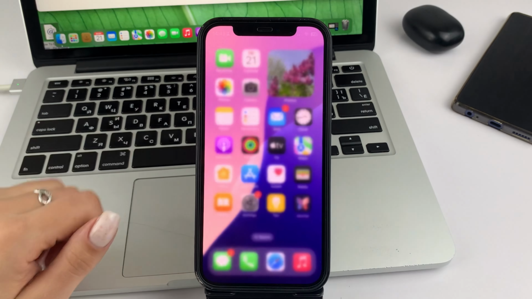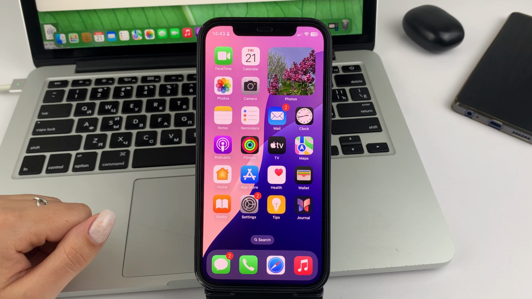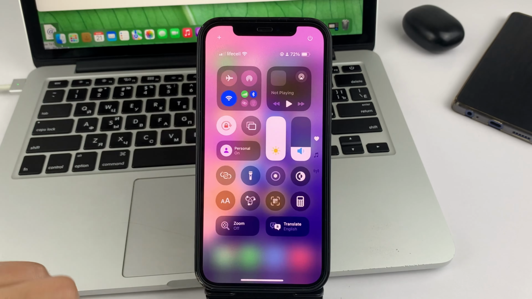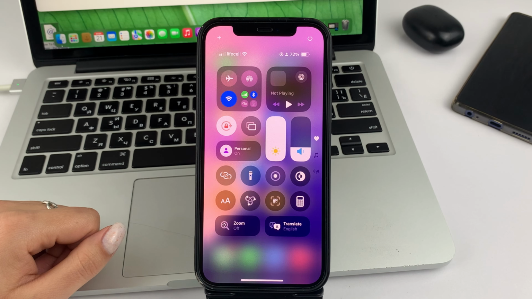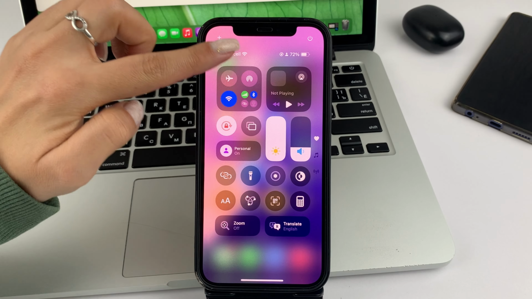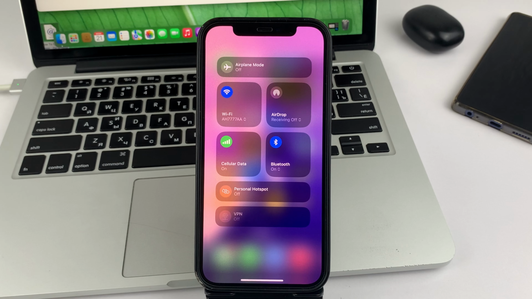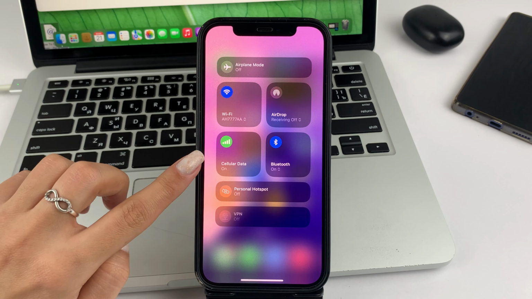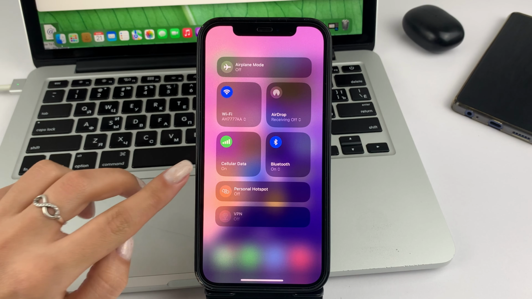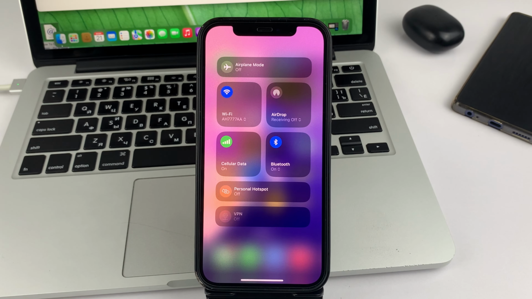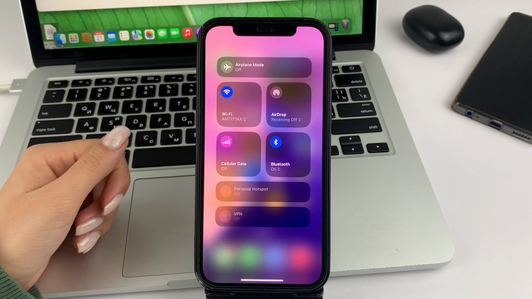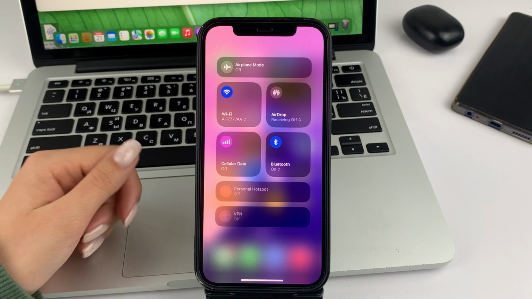For the second method, you just have to swipe down from the right side of your iPhone screen to open up an option like Control Center. And then you can tap on this square on the left-hand side. And see, you get a menu like this, and you just have to tap on the cellular data, friends, so that it's green like mine. So that means you've connected it. So that you can turn it off as well. If it turns gray, then you have already turned it off.